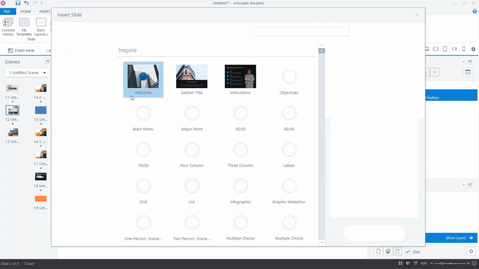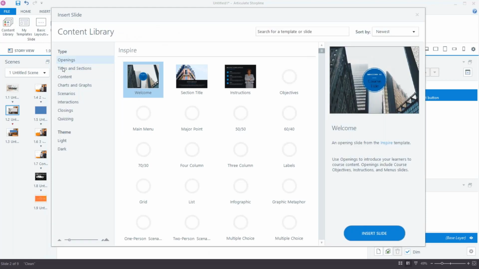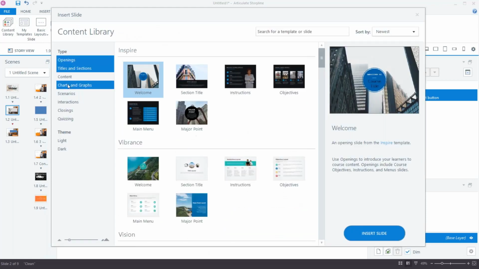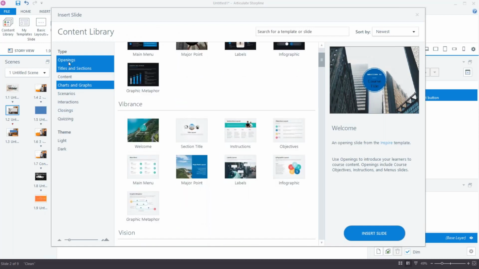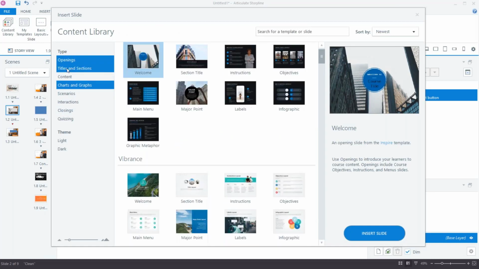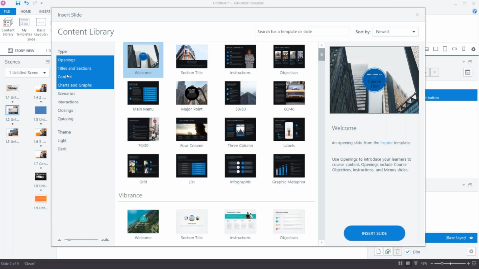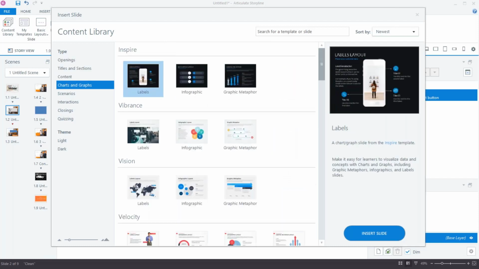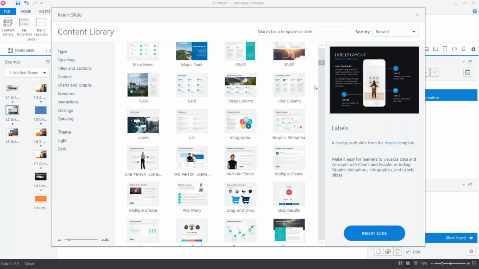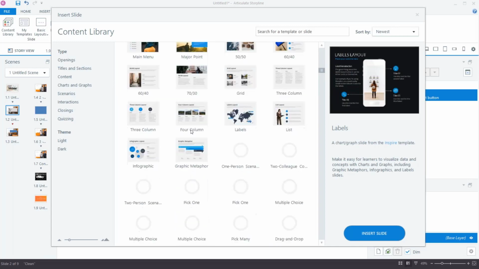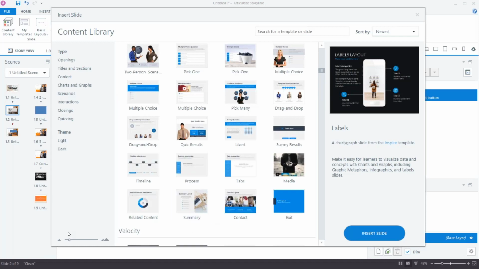There are a whole bunch of pre-built things that you can grab: types of slides, openings, whatever, or you can get the whole set. They're under different categories, like Inspire and Velocity and Vision, and you can see all those on the content library site as well. So those are some places that you can get them.